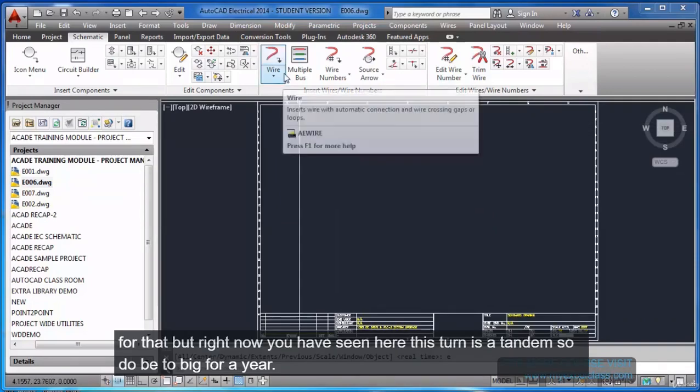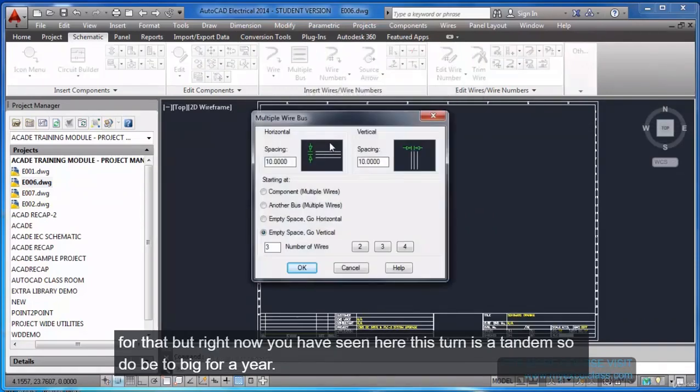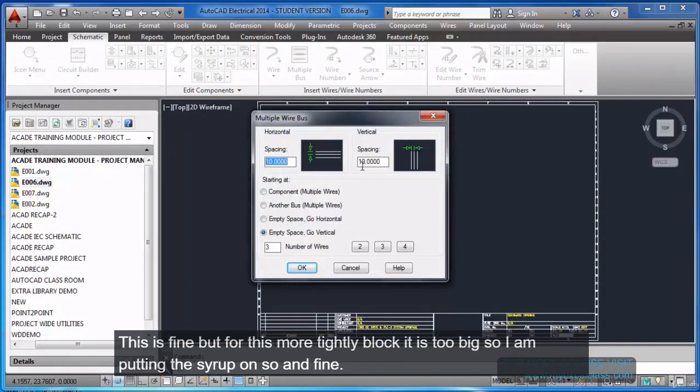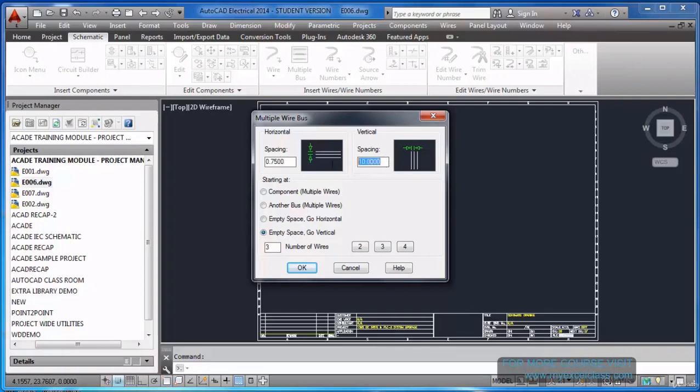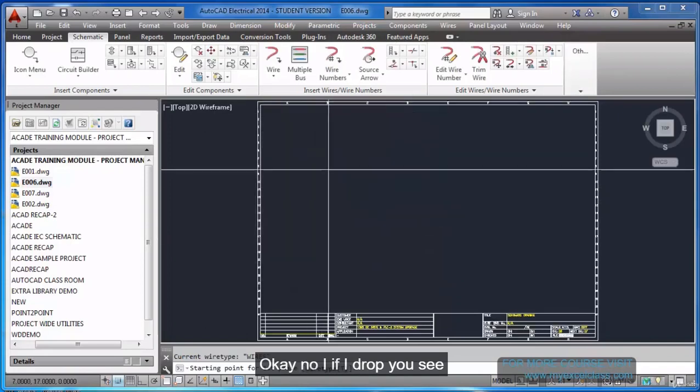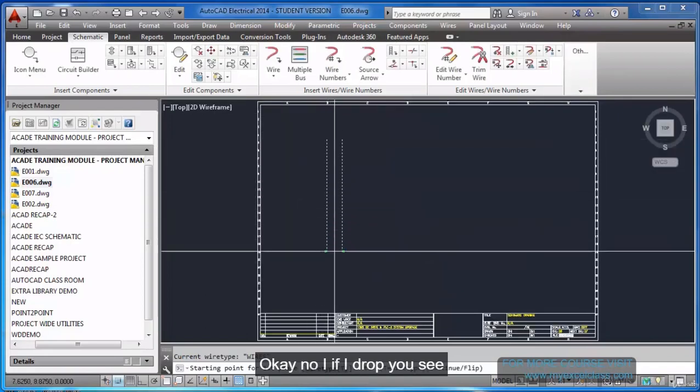What you have seen here, this 10 is 10 mm, so it will be too big. For an A3 size sheet this is fine, but for this small title block it is too big, so I am putting it as 0.75 for x and y. Okay, now if I draw, you see